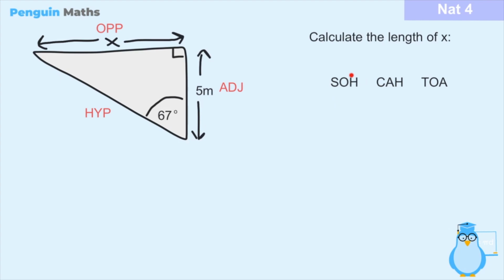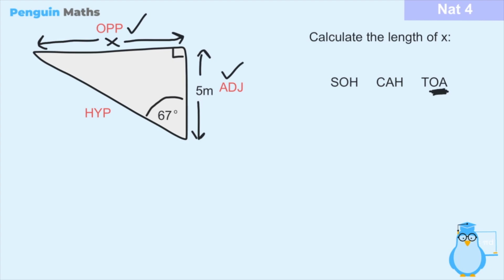Our next step is to figure out which of the 3 ratios we have to use. So what do we do? We look at the problem and figure out which length we have and which one we want to find out. So we have the adjacent here of 5 metres, and we're asked to find out the opposite, x. So we have to look at these 3 here, and we figure out it's going to be the tangent, because here we have the opposite and the adjacent, so this is the equation that we're going to be using